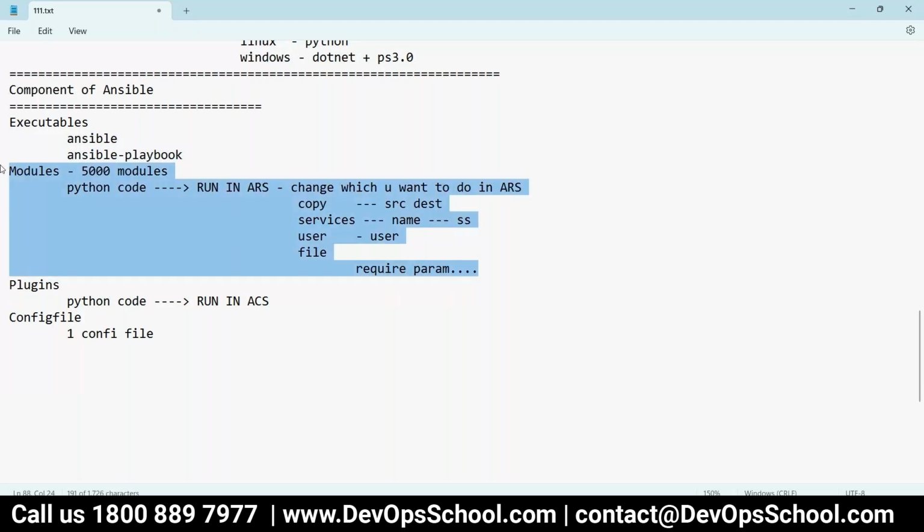Are you understanding the concept of modules? Can I add one thing? Yes, please. So these modules are increasing day by day very frequently. Just to give an example, 2 years back there were around 3,000 modules, and today it is 5,000 plus. There is a team continuously working.